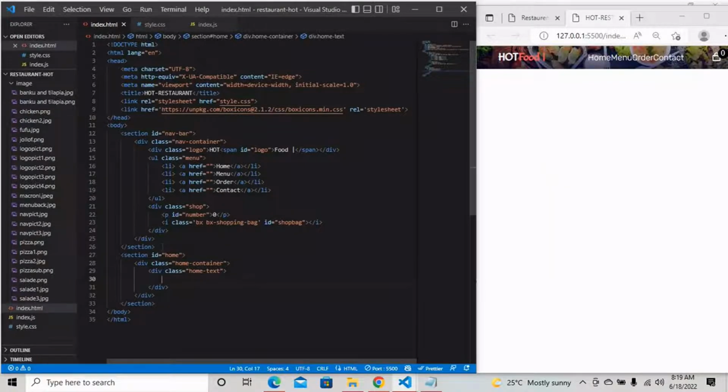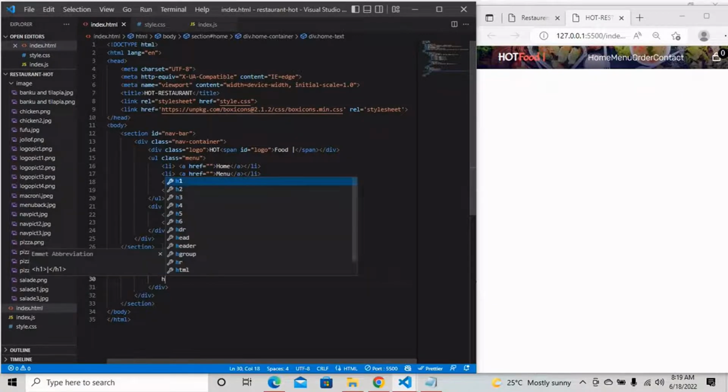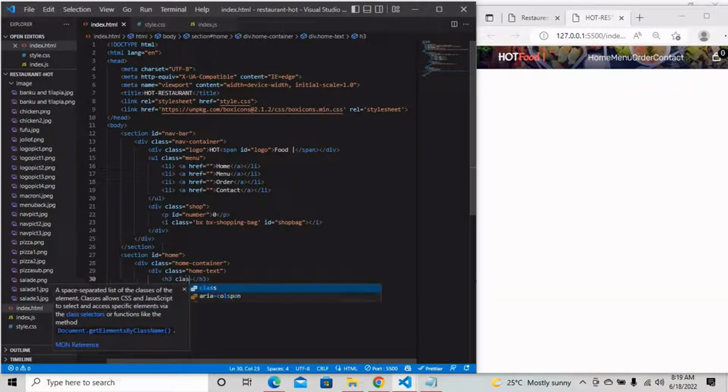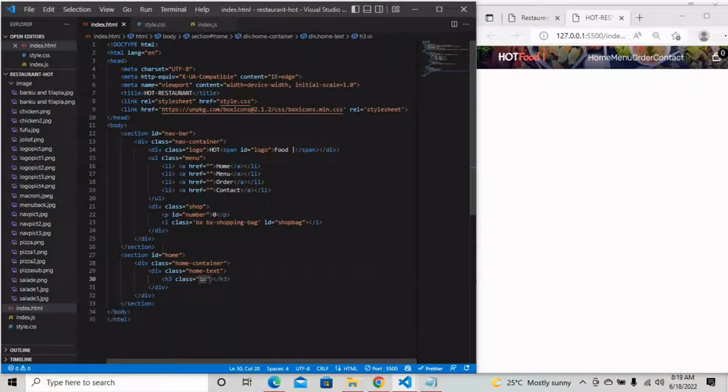So inside our div dot home text, we'll be having another four elements. I'll put them inside an h3 tag. So let's do an h3 tag and affect a class logo to it. Okay, so h3 class logo, and